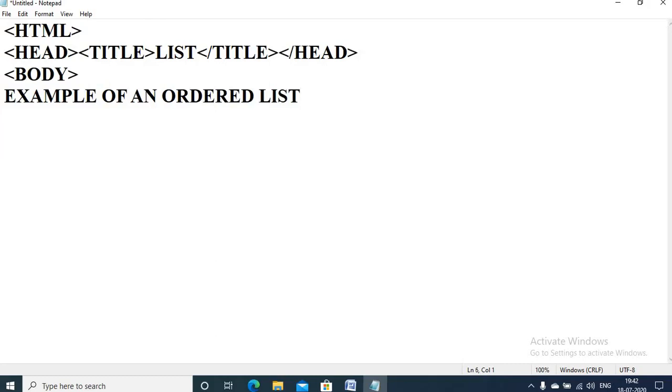Okay, so first of all I'll begin with OL. For writing each and every list item, we make use of LI tag. Let's suppose we give the first list item as LI. Then the second list item.